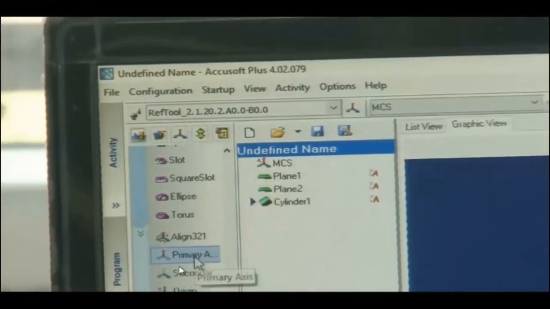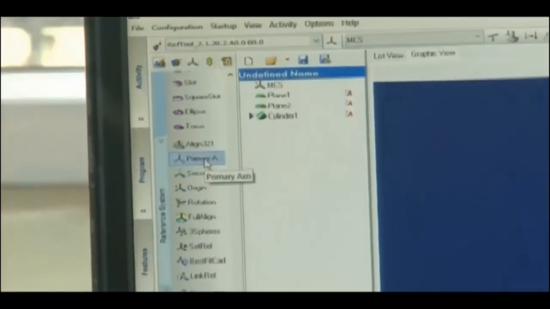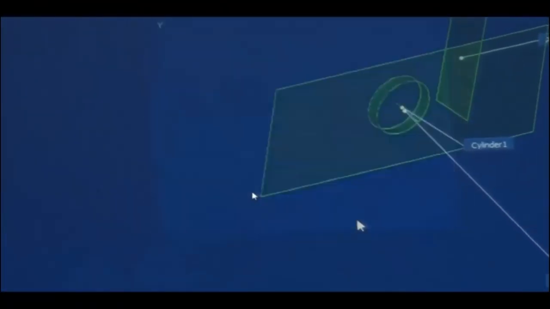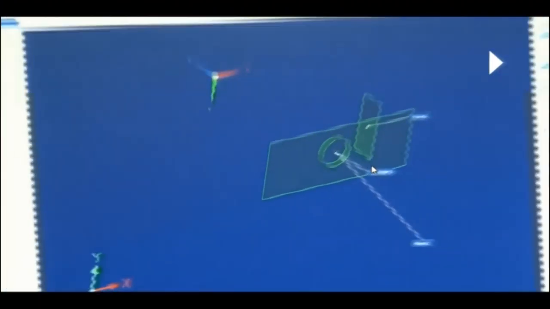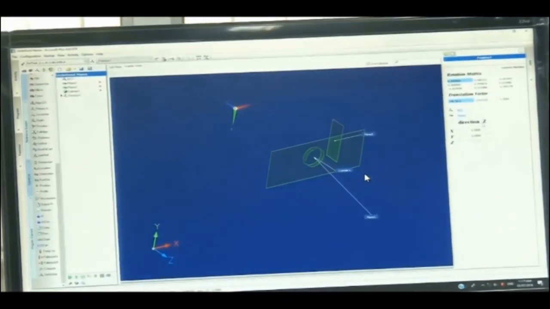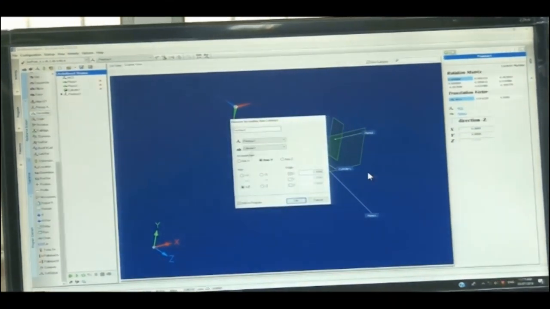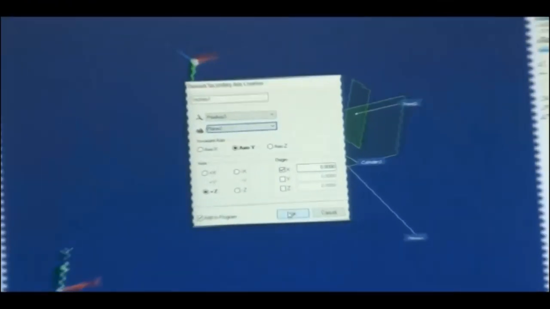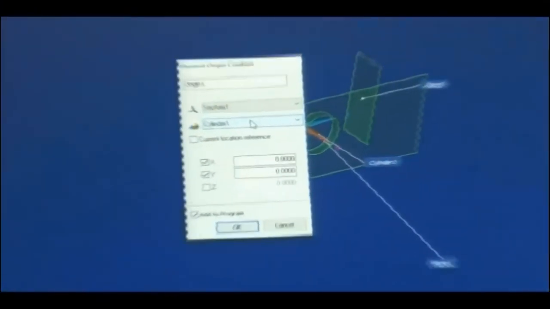After the primary axis, I will select plane 1, or minus z direction would be plane 1, then plane 2 and cylinder.